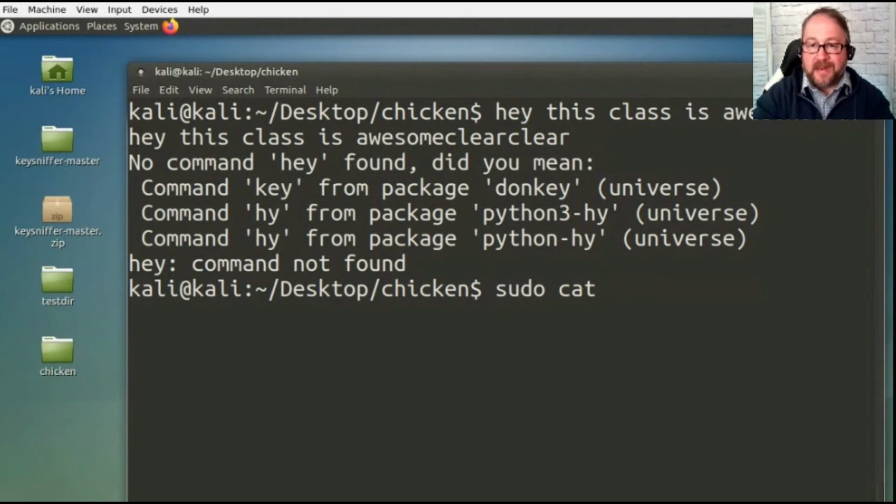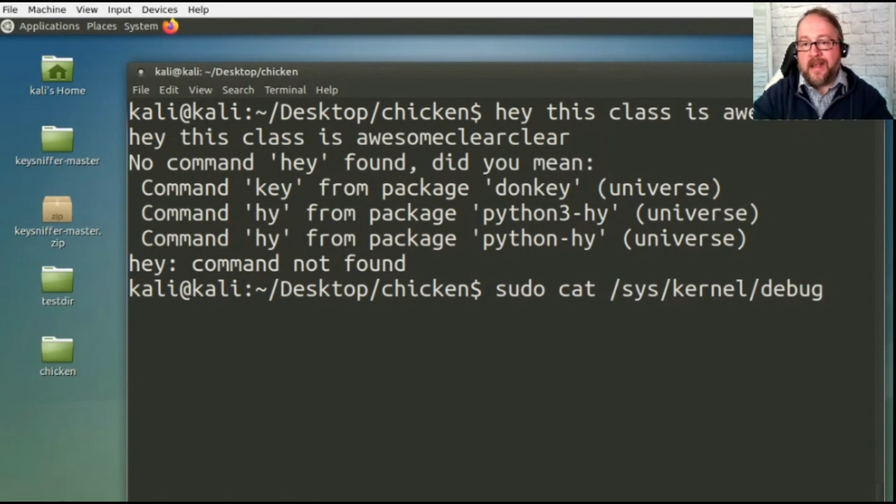So I'm going to do sudo space cat, which allows you to read files or concatenate output. It's a little more complex, so you don't need to know it, at least not right now. And I know where this file is because I'm a hacker and I set this up and I want this to be like hidden sort of in the operating system, right? So it's got this huge path. It's in / which is the top level. It's in sys, kernel, debug, kisney, and then it's a file called keys. Okay? And when I hit enter,